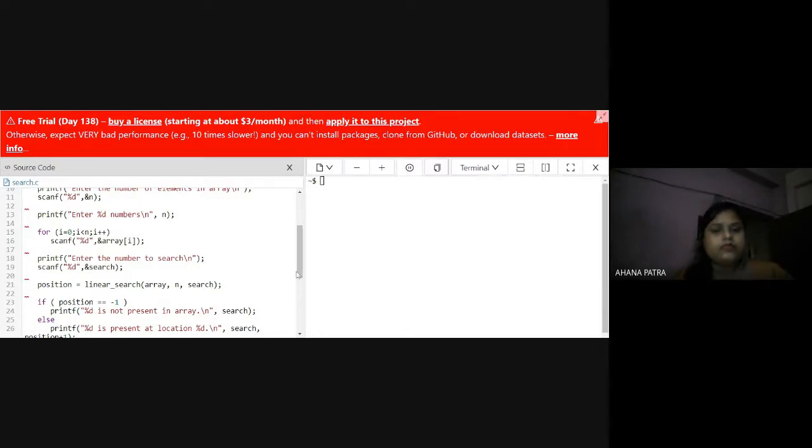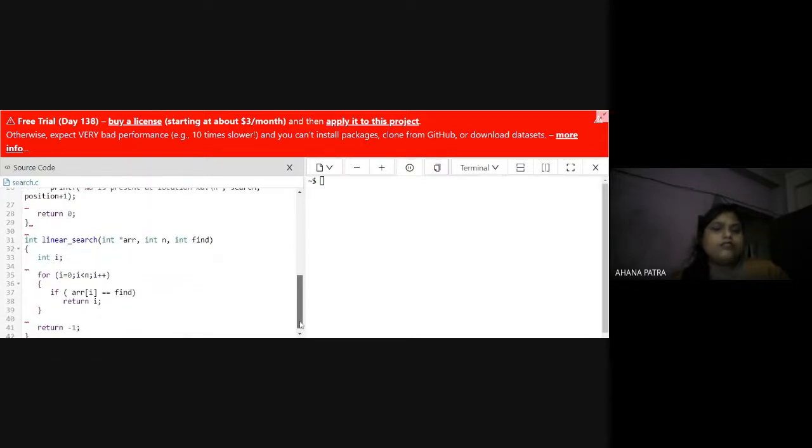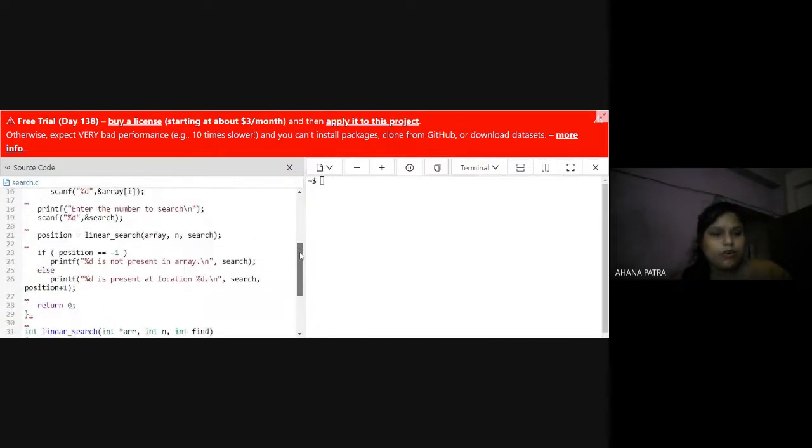Okay, so go to the linear search function. How does it operate? When we call the function linear search, we pass only the base address, that is the array.